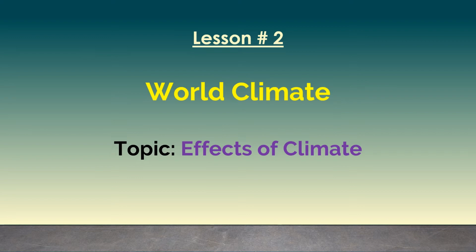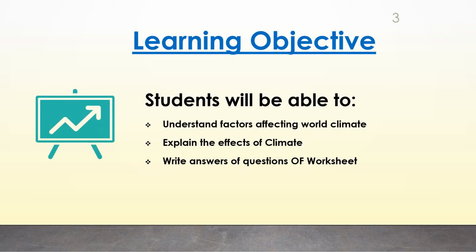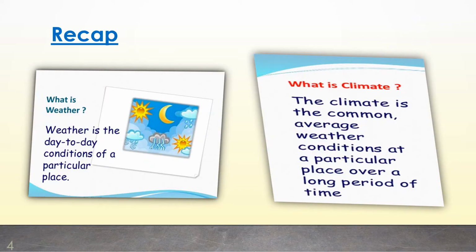Learning objective. Students will be able to understand factors affecting world climate, explain the effects of climate, write answers of questions of worksheet. Before we proceed, let's recap briefly. What is weather and climate? First, what is weather? Weather is the day-to-day conditions of a particular place at a particular time. Second, what is climate? The climate of a given place is the average weather experienced in that place over a